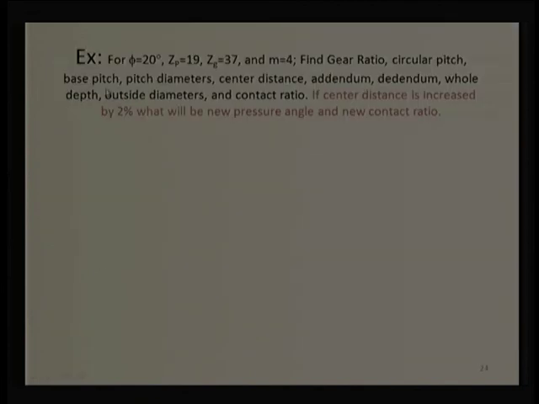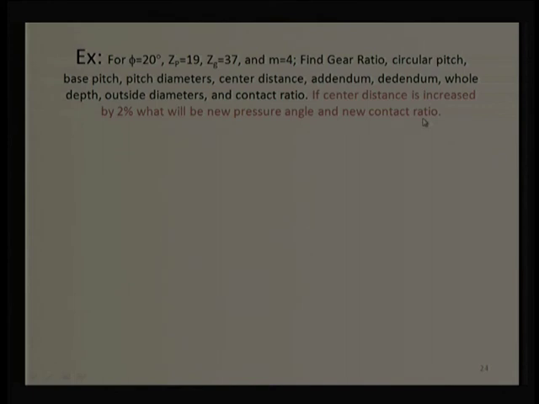Now, just for the elaboration, I am giving one example of how to use this parameter. Here the manufacturing data are given: phi is equal to 20 degrees, number of teeth on the pinion is 19, number of teeth on the gear is 37, module is 4. So, we find the gear ratio, simply Zg divided by Zp, circular pitch, base pitch, diameter, center distance, addendum, whole depth, outside diameter and contact ratio. In addition, it is given that if the center distance is increased by 2%, what will be the new pressure angle